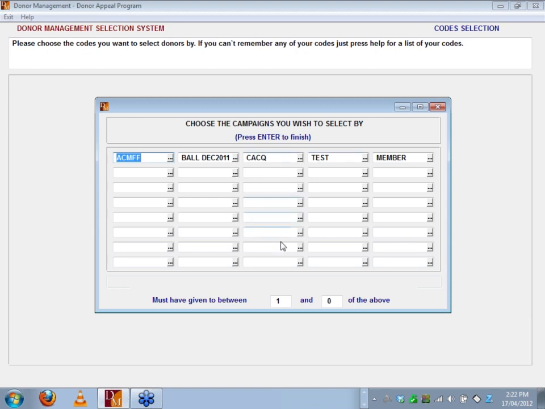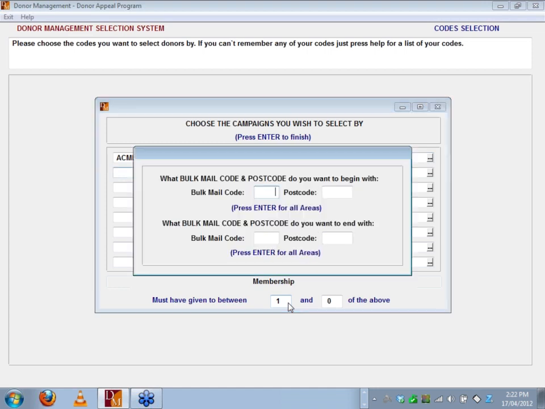And this is a new thing in the last year or so we put into Donman. Down the bottom you can see it says must have given to between 1 and above of the campaigns. So we're saying we want to make sure that every donor that we select has given to one of these. But we do have a very powerful option in there. If we come down here,